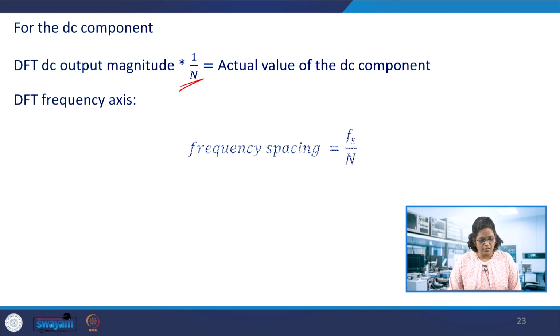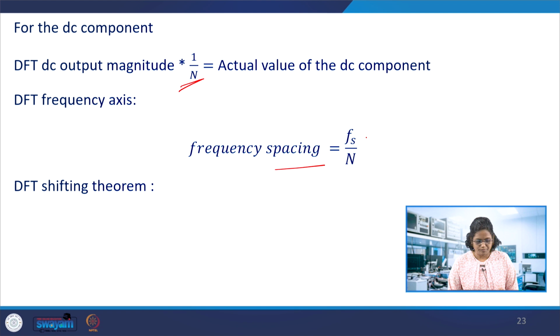So, the DFT frequency axis, k equal to 1, 2, 3 represents Fs by N, the sampling frequency by N, here 8 kilohertz and N is 8. So each bin is 1000, 2000, 3000, 4000. So k equal to 0, 1 represents 1000, 2 represents 2000, 3000 and so on. That is the frequency spacing, which is decided from the sampling frequency and the N samples considered for the